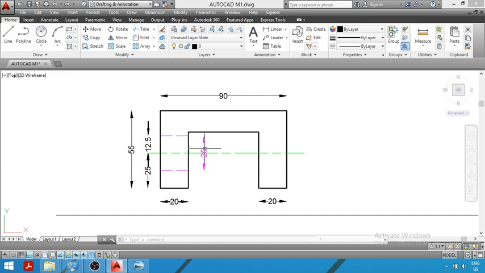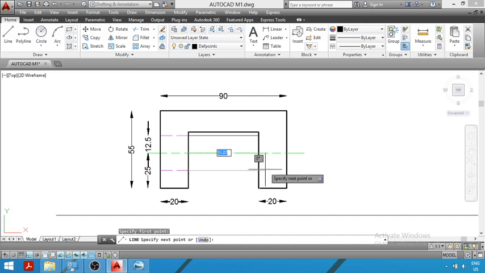Now similarly we will show this hole on the right hand side also. For that we will simply project these lines on the right hand side. So you can see I will be projecting the lines here. From this point you have to draw a light horizontal line up till this point. So we have projected this hole. You have to draw a light horizontal line from this point to this end. Similarly, we will draw a light horizontal projection line from this point to this end.